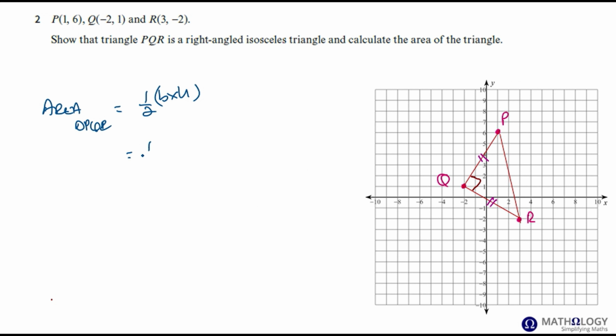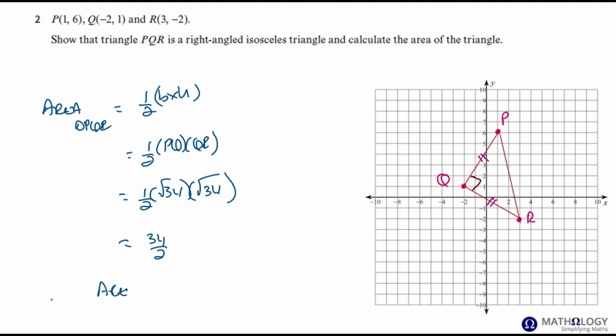So the area is a half PQ times QR. PQ we just determined is the square root of 34, and so is the length of QR. It's an isosceles triangle, so the area of triangle PQR equals 17